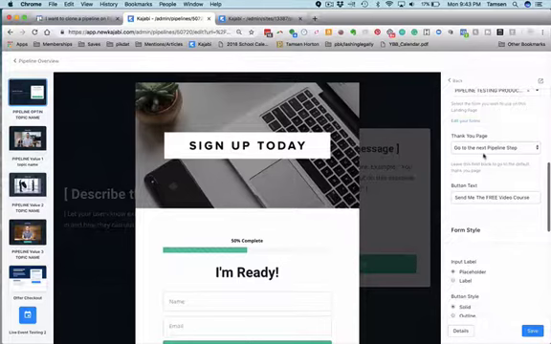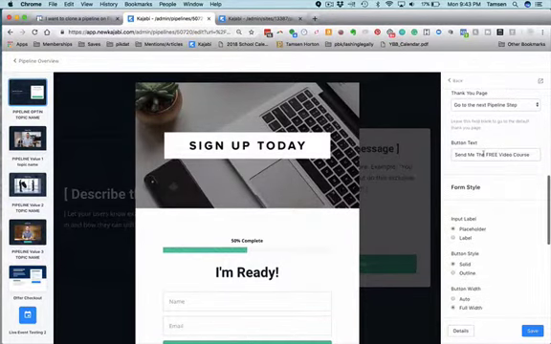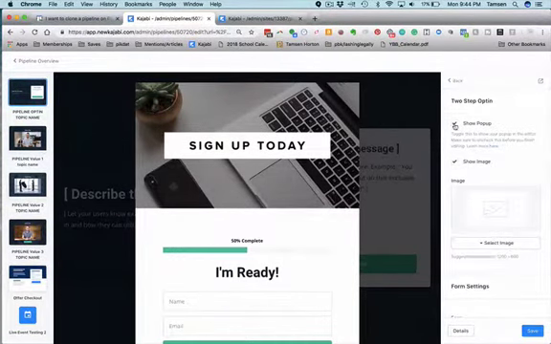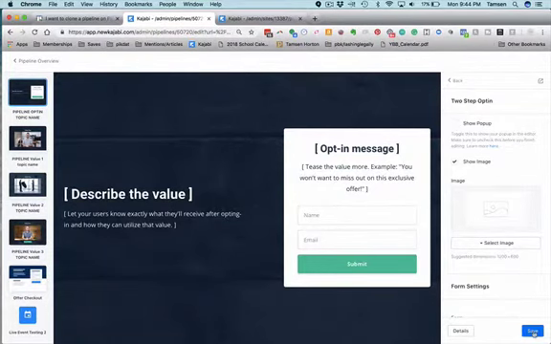It's set to go to the next pipeline step. So all of that is good. I'm going to uncheck and click save. If you click save and the show pop-up is still checked, it will continue to show. So make sure you uncheck and then click save. So the two-step opt-in is done,